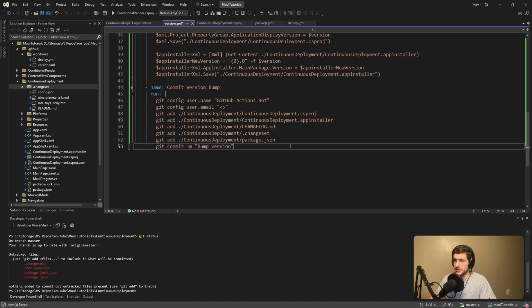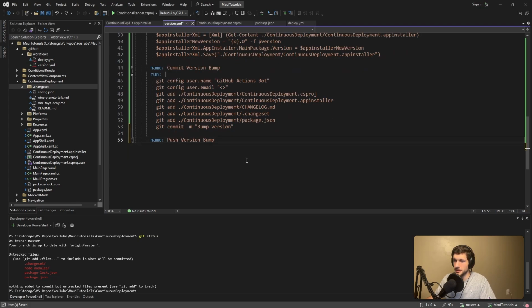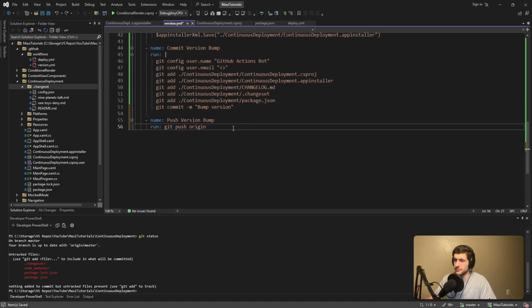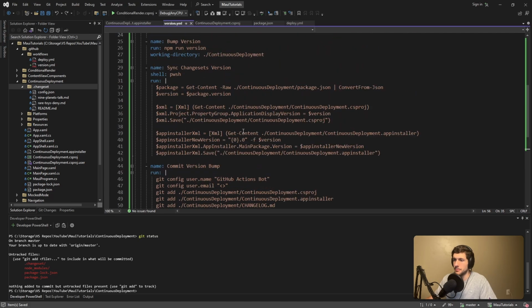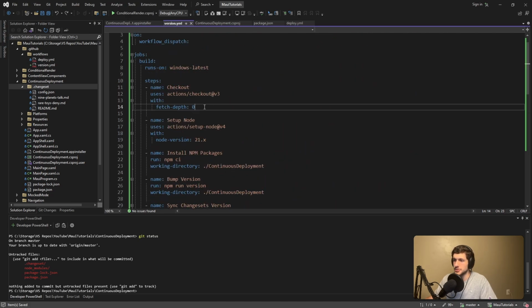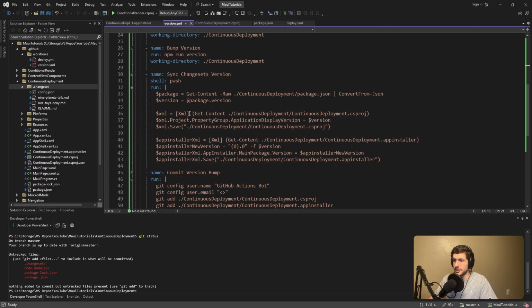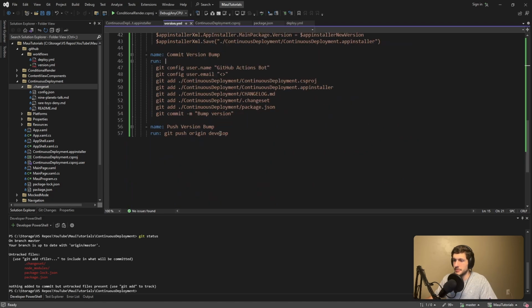All right, so now we can commit everything. We'll say bump version. That should be good enough. Now let's push these changes. So another step here. So we're gonna do a push back to our repo, but I actually want this entire script to be run from develop. So we're gonna be pulling from develop, which we're actually not doing. Let's set the ref to develop, and then updating the version everywhere, committing it, pushing back to develop, and then